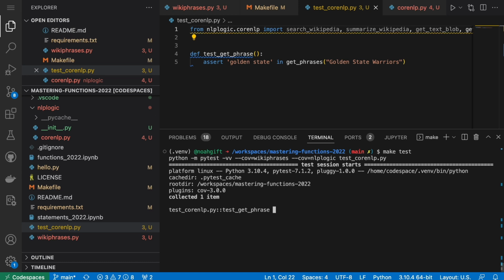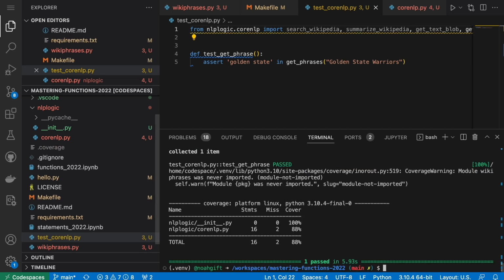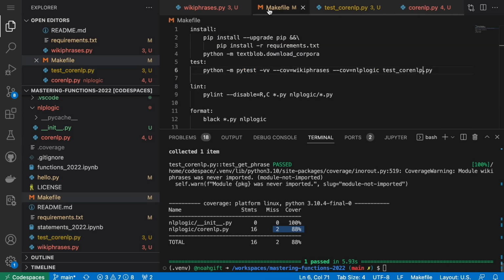It's going to run our functional test. There we go. We have, just from that one functional test, 88% test coverage. Now, I am curious. Wiki phrases. Yeah, I guess wiki phrases, there's nothing in it. So